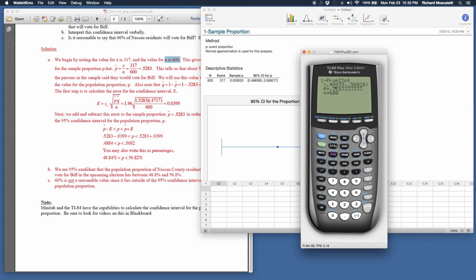The distance that they're apart is actually double the error. So once you subtract these two numbers, cut that in half by dividing by 2, and that'll get you this 0.0399, the error. So you don't even have to use the error formula to crunch the error. You could use the software, either Minitab or the calculator, crunch the confidence interval on there, subtract the two numbers, divide by 2, and that'll always get you the error. Alright, if you have any questions,